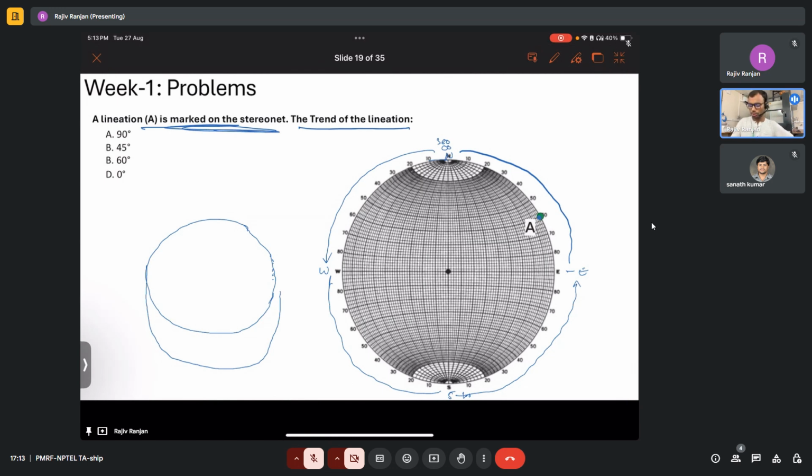So I just told you that from the north direction, this will give you the trend, right? Trend. So it's simply 10, 20, 30, 40, 50, 60. So it's simply 60 degrees is the lineation's trend, right? If we talk about plunge, if you see here, since it is lying on this boundary, right? So